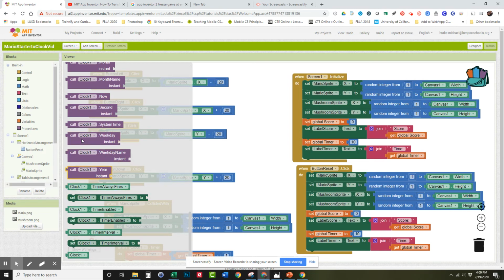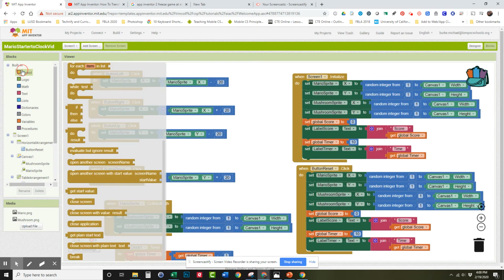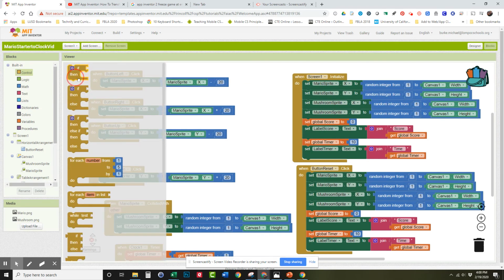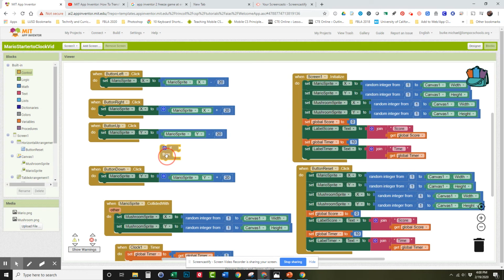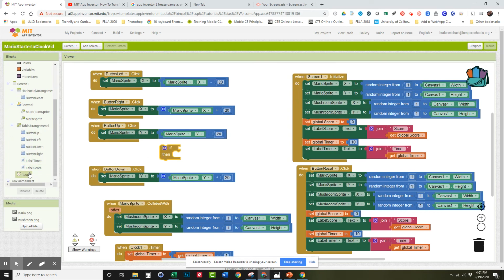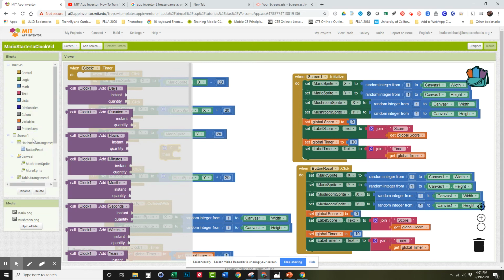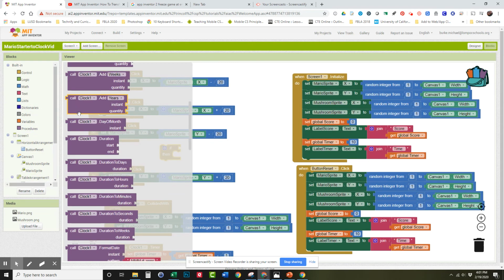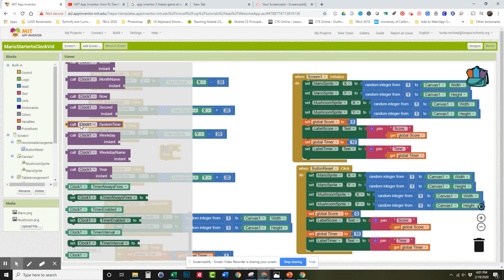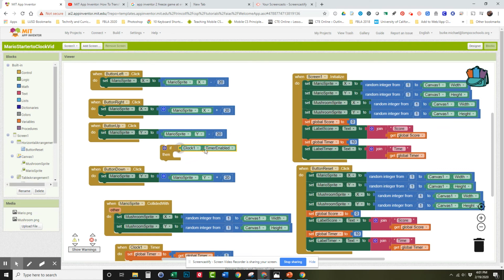if the clock is enabled, actually, let me start out with an if then. It's not an if then else, it's just an if then. And I'm going to put it right here. If the clock is enabled, and remember, it's not now. So we go to the clock component here. We scroll down to the green, and we get a block that fits in here. If the clock timer is enabled,